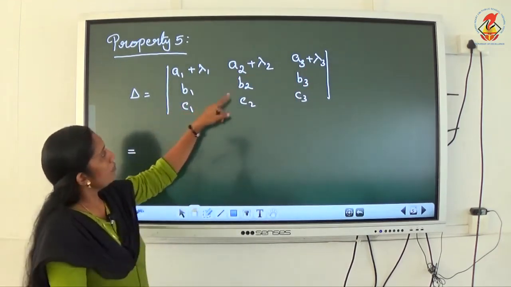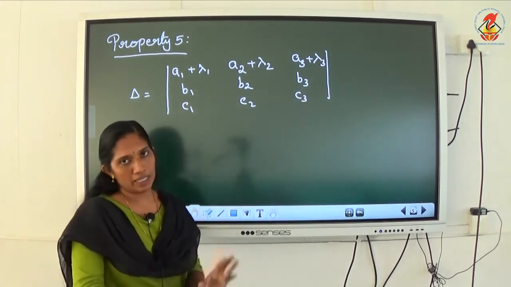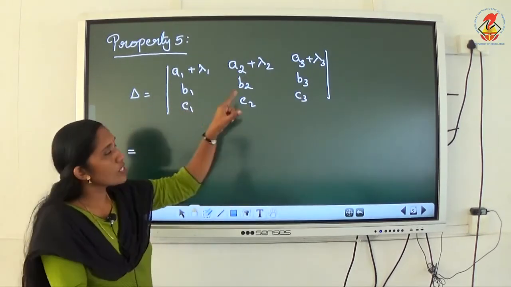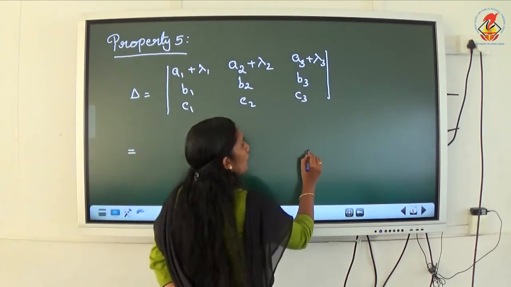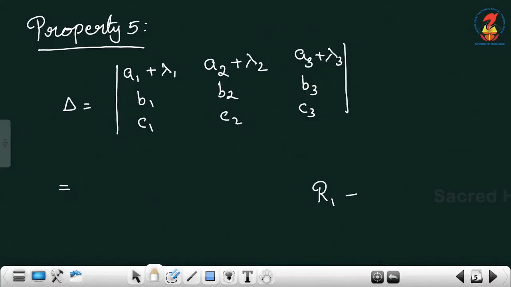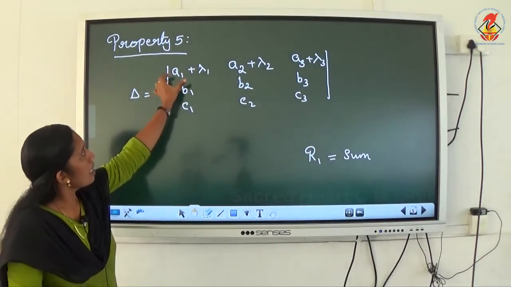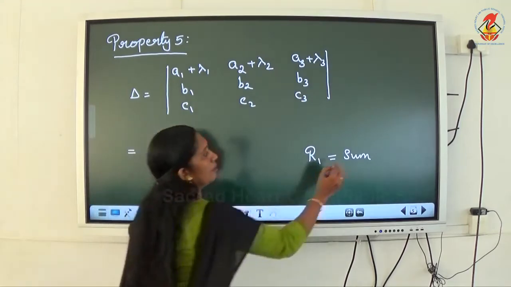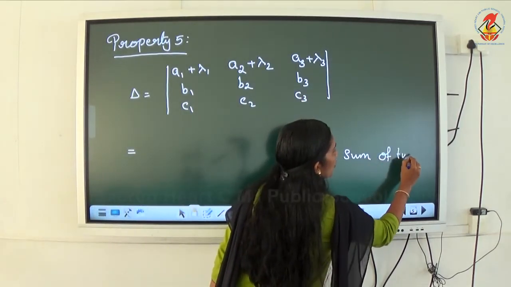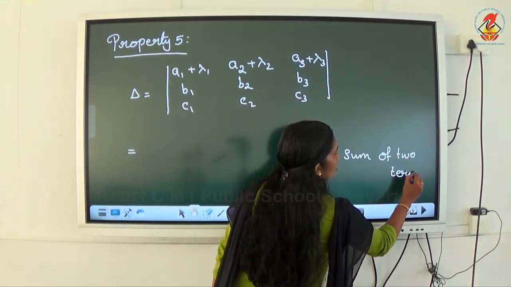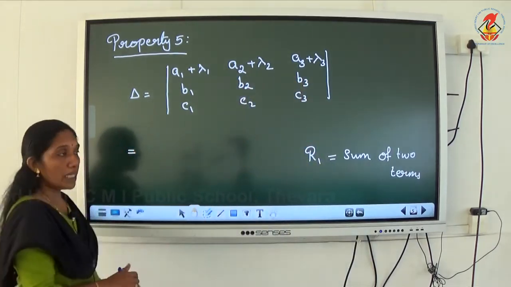The second row B1, B2, B3, C1, C2, C3. So here the first row, R1, each element is the sum of 2 terms, so we can express this determinant as